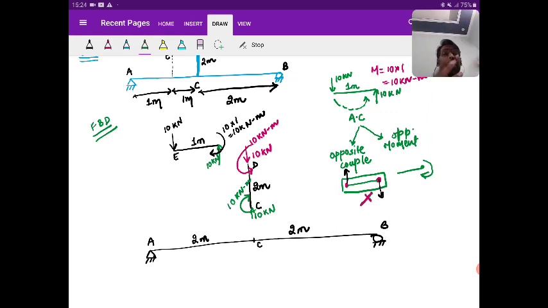Okay, now someone may ask, sir, why not we apply the couple? Because C and D both can resist the load. I'm repeating what I'm saying: someone may ask that, sir, the 10 kilonewton meter anti-clockwise that we are seeing at D, you have just balanced with the opposite moment at C. Why not apply the couple with the forces of couple at C and D?